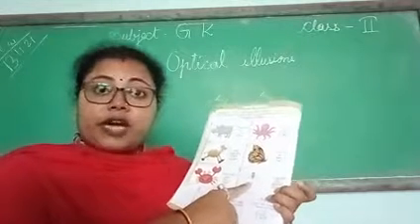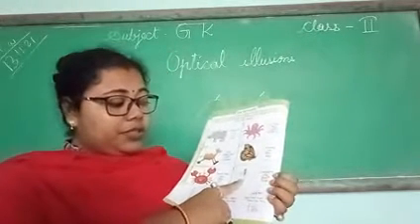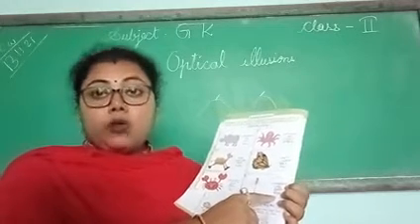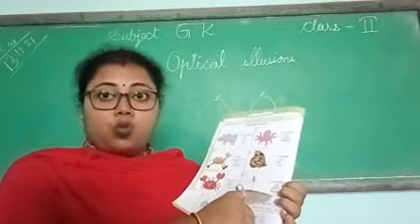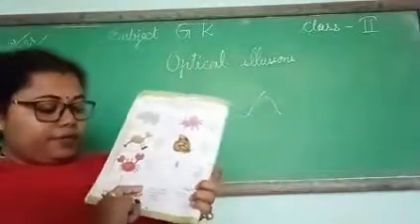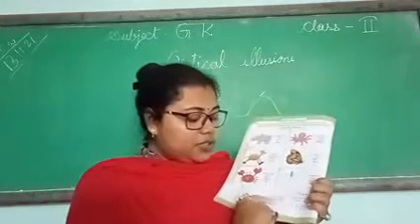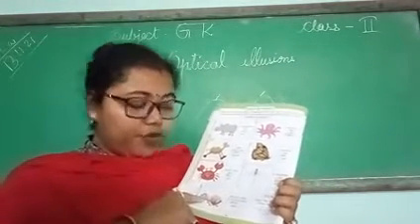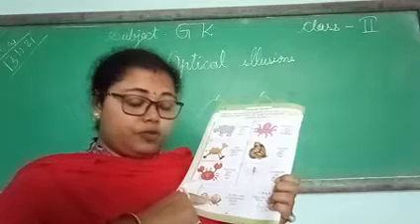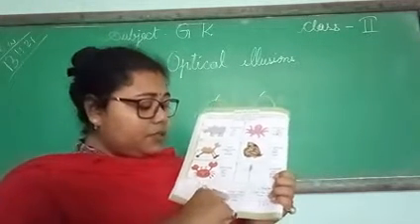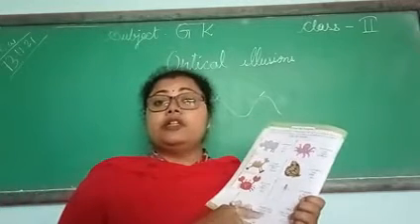This is a picture of a dragonfly. What is written? A dragonfly has dash wings. How many wings? 4 wings. Okay? And last, number 7. An ant's body is divided into dash parts. How many parts? 3 parts. This is the head, this is the thorax and this is the abdomen. So 3 parts.